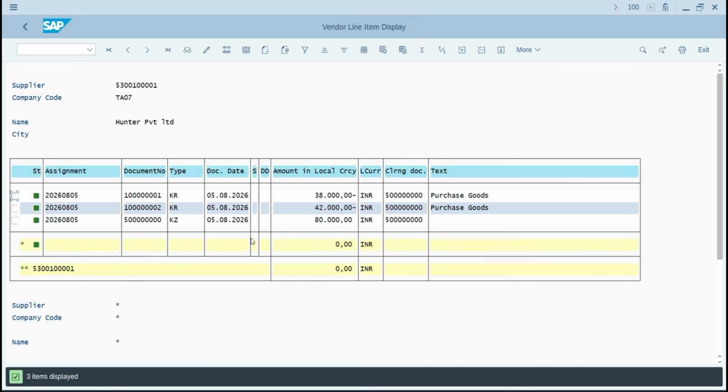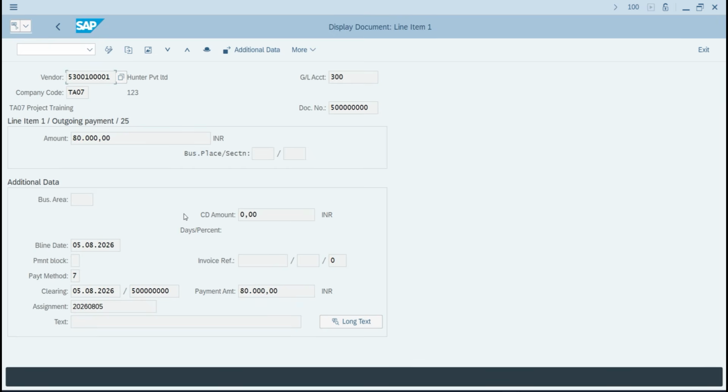Now you can see we only created vendor invoice. We did not perform the manual payment. It automatically processed the payment. You can see the clearing document 80,000 KZ is automatically processed. So from this step, you can easily use automatic payment program in your system, or you can practice this automatic